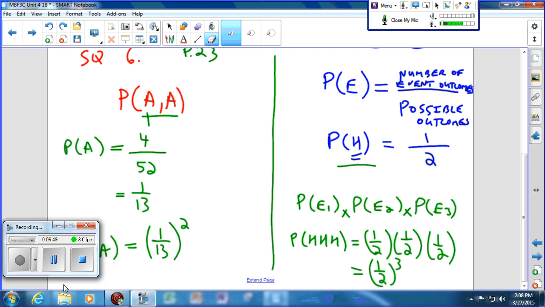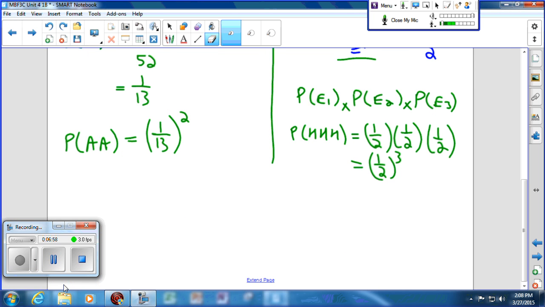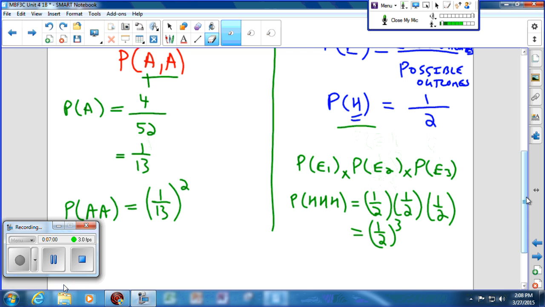So it's just 1 over 13 squared, or you could just say 1 over 13 times 1 over 13. But really, this drives home the idea that if we're doing the same event over and over again, then the probability is just to the power of the number of times we've looked for it. So it's going to be 1 over 13 squared, which, let's see,